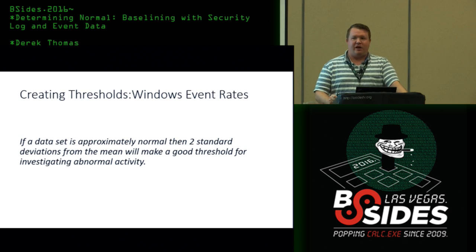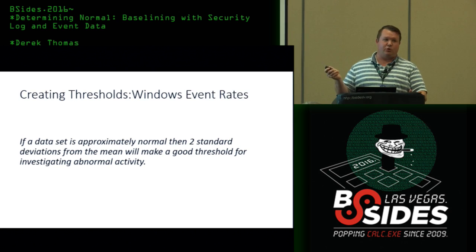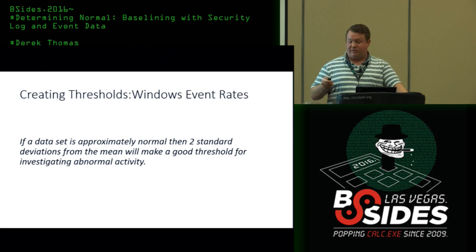For the example of events per second, usually when there are significant deviations, it's major. Like audit configurations have stopped, or network configurations are blocking syslog. Those are things that will cause significant drops. So depending on the use case, you might want to use 2, maybe 3 standard deviations.